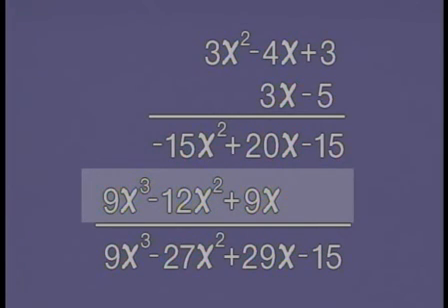And obviously when I multiply 3x times positive 3, I get 9x. And notice the 9x is lined up with the 20x, because we're eventually going to add, just like we did with whole numbers, and we only can add things that are the same. We add x's and x's, x squareds and x squareds. Continuing on, multiplying by 3x, we get negative 12x squared, and we get 9x cubed. Now, just as you did in 4,